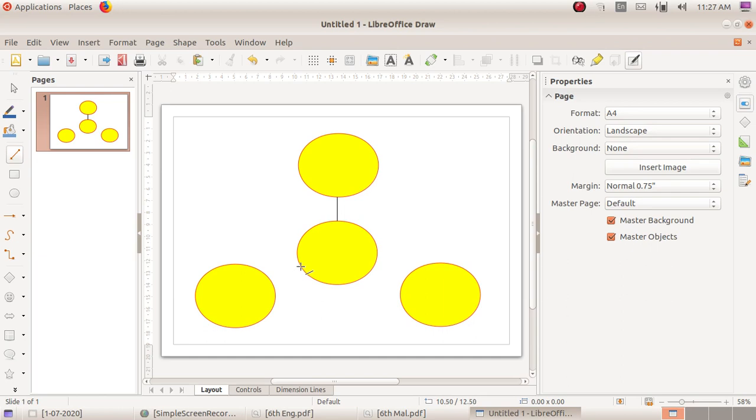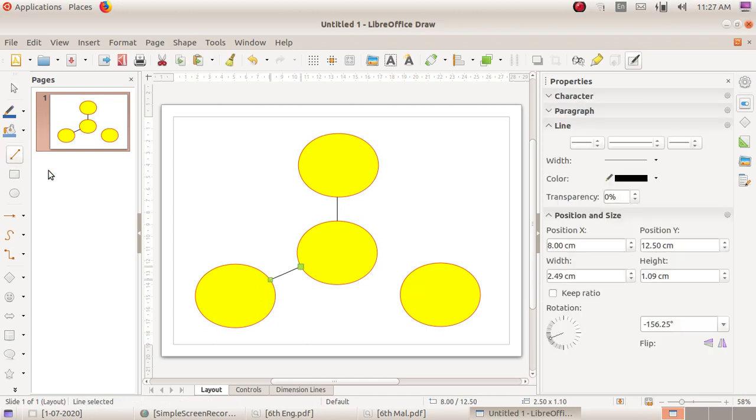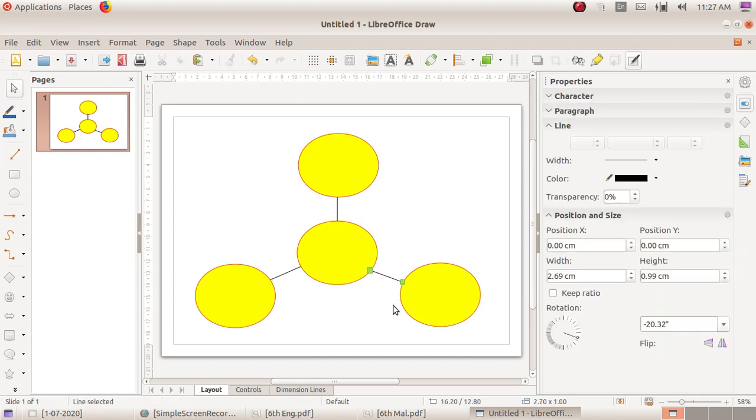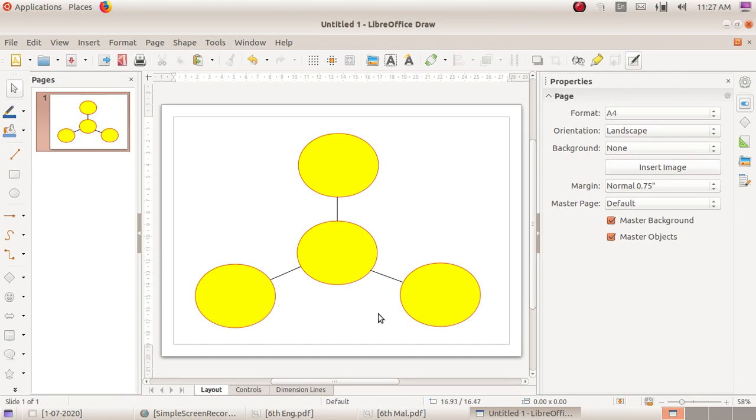Then click on the starting point, and here also draw that line.